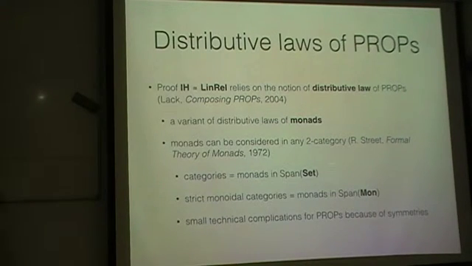The first time you see this, it's a bit weird, right? It's a weird statement. So I've got a slide on this. Hopefully, if you haven't seen this before, you have to do a little bit of mental gymnastics to get around this concept. And then, strict monoidal categories are the same thing as monads in span of mon, the category of monoids. And there are some small technical complications for props because of symmetries. I don't want to get too technical in this talk, so we're going to skip over that,